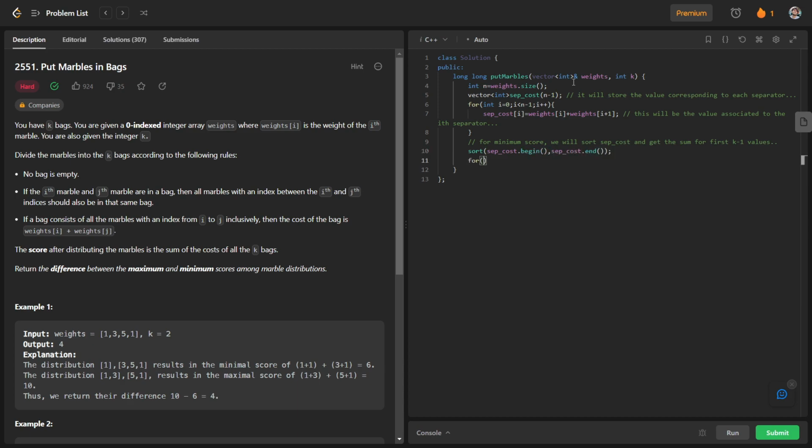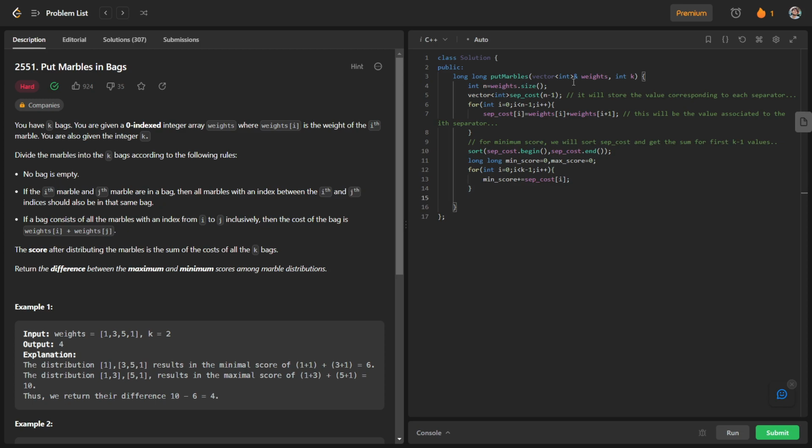We will also have two variables with us: one is min score and the other one is max score. For min score, we will just get the sum of the first k minus 1 values, so it will be nothing but the sum of the first k minus 1 sep cost.